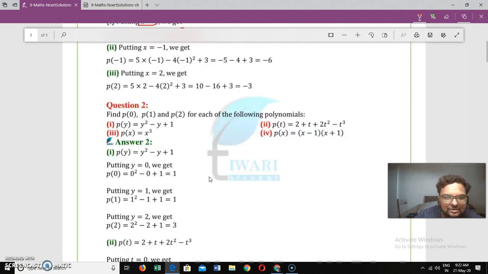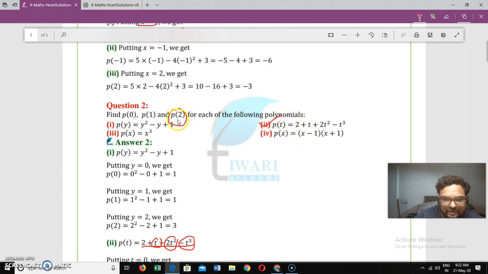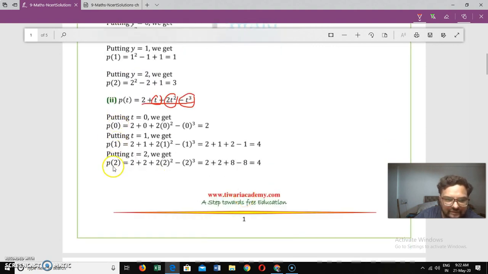Similarly, here in question number 2, instead of p of x, p of 0, p of 1 and p of 2 are given. So I will deal with p of 2 in question number 2. The rest you can practice at home. So see, question number 2 is here. In place of t, we are going to keep the value of t that we have taken from the above question, that is p of 2. So wherever you find t, at that place you have to keep 2. So here is 2, this is the value of t.